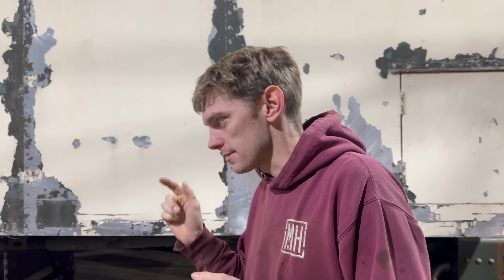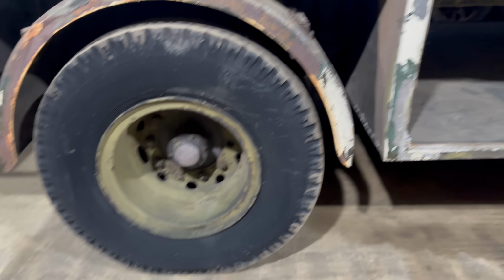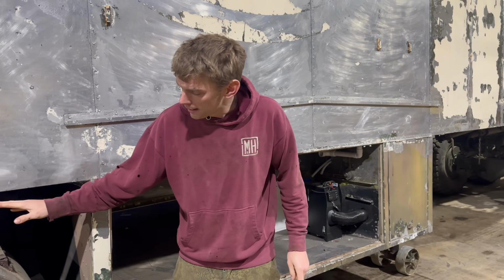A friend of mine came in and suggested we could simply measure some blocks, some ramps almost, and make some special pair of ramps that when you're on the site, you just take them out, slip on the wheels, pull forward, and then it'll be the right level. Let us know in the comments what you think we should do, or do we go and lower the axle